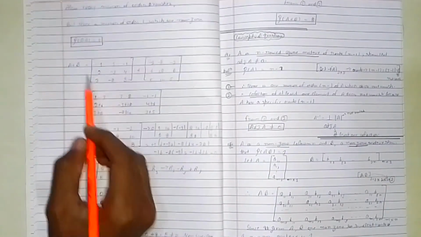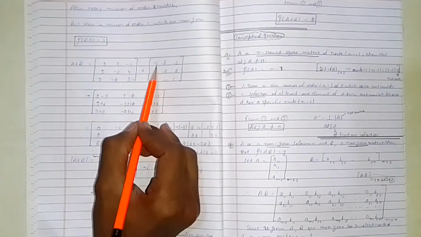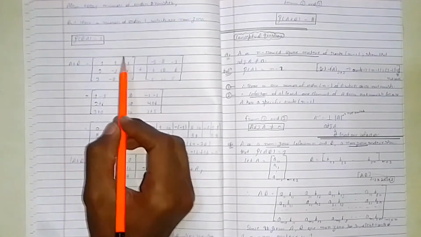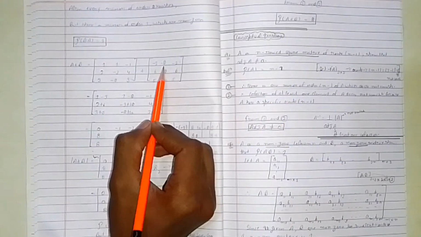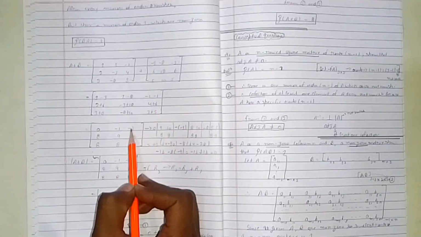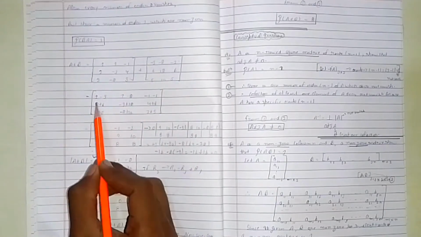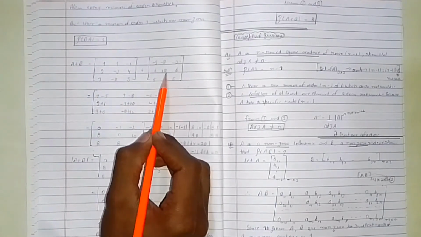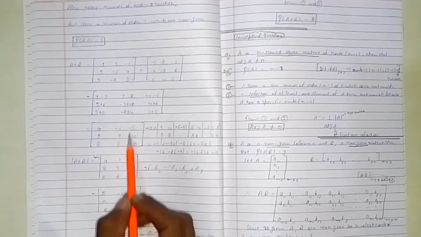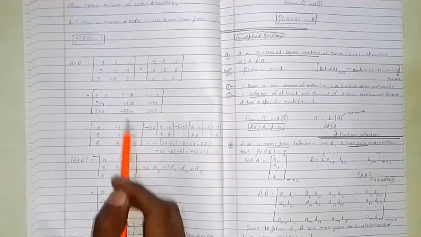Now A plus B. Here I write A, here plus B, and you know corresponding elements are added: 1 plus minus 1, that is 0. I am adding them. 1 minus 2, that is minus 1. Minus 1 minus 1, that is minus 2. 2 plus 6, we have to add corresponding elements, 2 plus 6, that is 8. Minus 3 plus 12, that is 9. The smaller number contains a minus sign, which does not affect your answer.